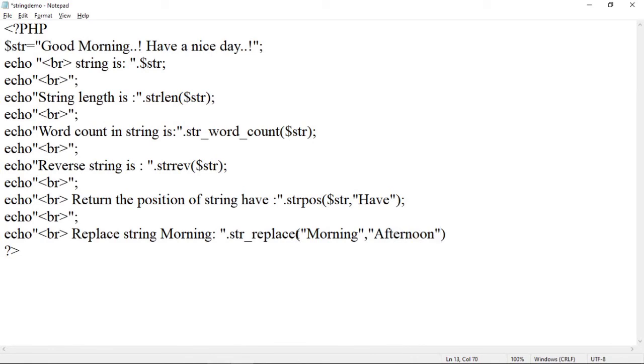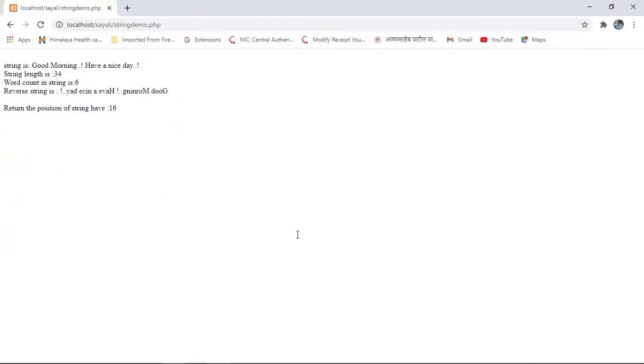And in which string do you want to replace it? This string is stored in the $str variable. So use that variable also. Then use semicolon. Save this program and now again refresh the page. Okay. And see here is the string with replacement of morning with afternoon. So good afternoon. Have a nice day.